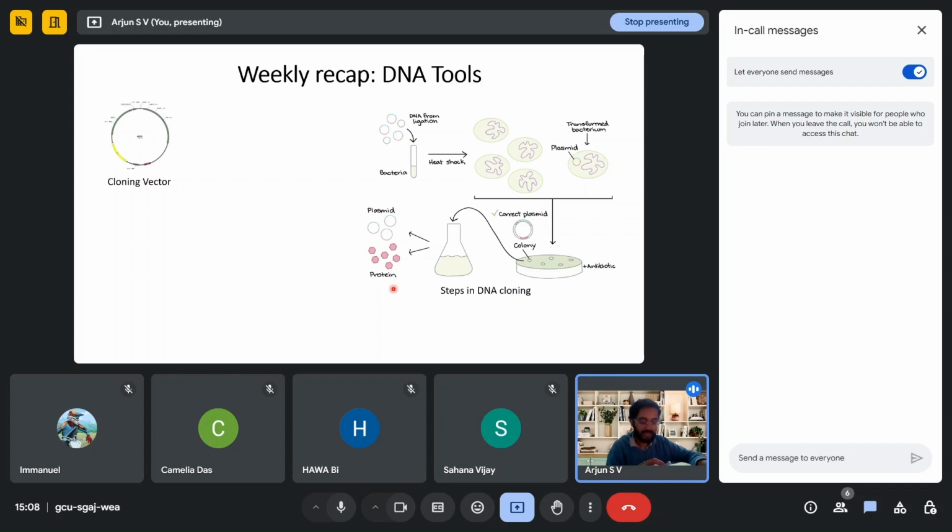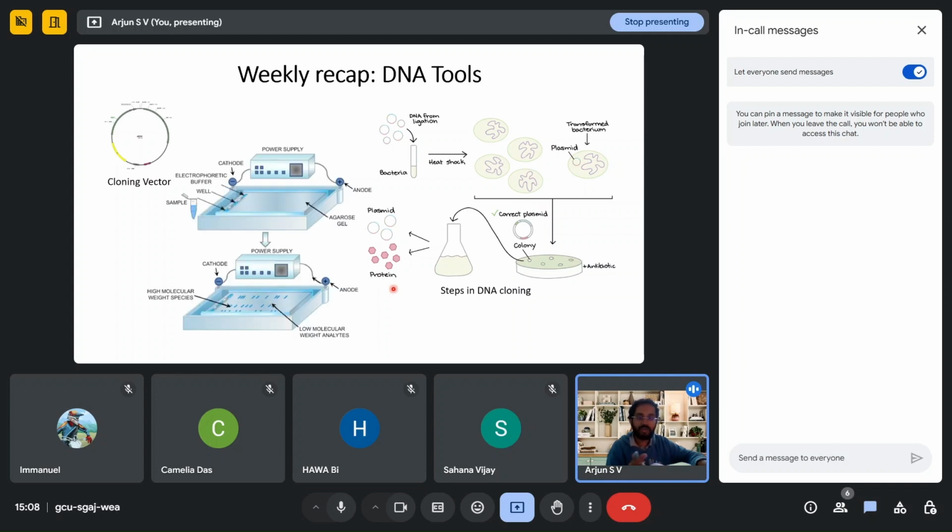resistance. And finally, we also saw how we could test the formation of this target DNA using agarose electrophoresis. Agarose electrophoresis is a charge based technique where you load your sample or your target DNA in one of several wells, and then you run the gel across the electric gradient, and